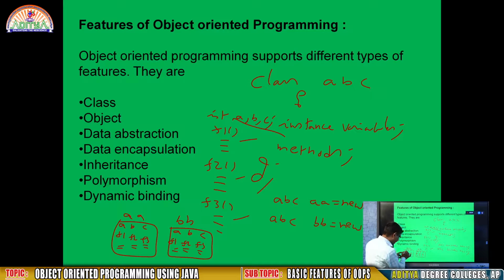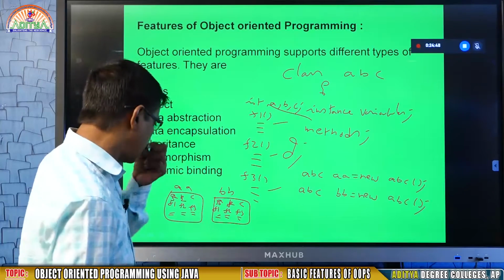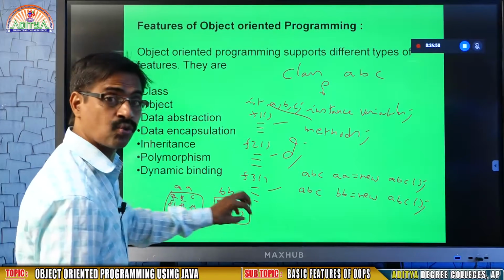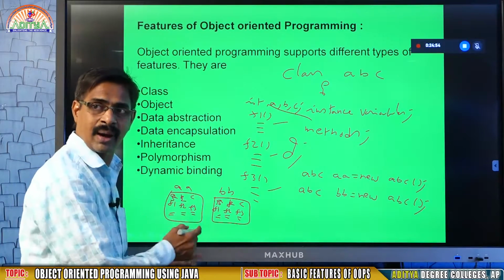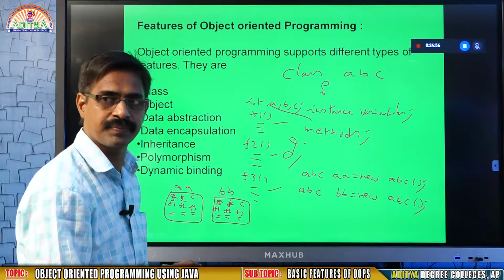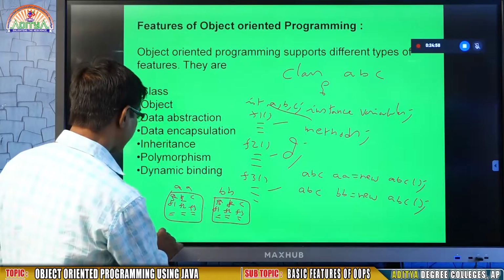Here you are going to test two different numbers, here you are going to test another two different numbers. That means I told this is Kumar object, this is Raju object, because each object has maintained its own data. To operate this object, there will be methods. With the help of the methods, you are going to operate. This is what the content is.